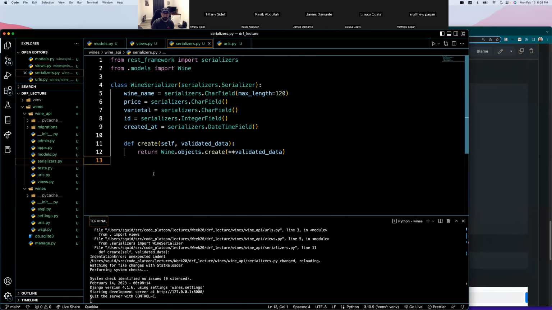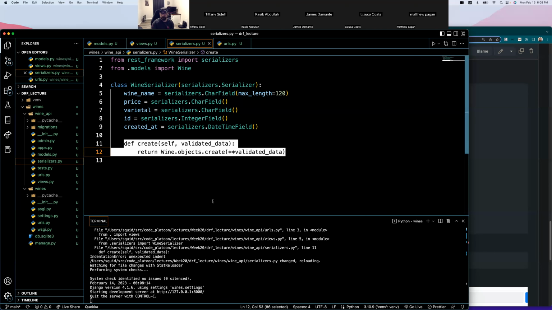Cool. We've got this create function. This serializer is now going to know how to create things. It's going to take validated data, which is all it can receive, and it's going to return a wine object created from that validated data. How it's going to do that, it's going to take whatever data has been handed to it, and it's going